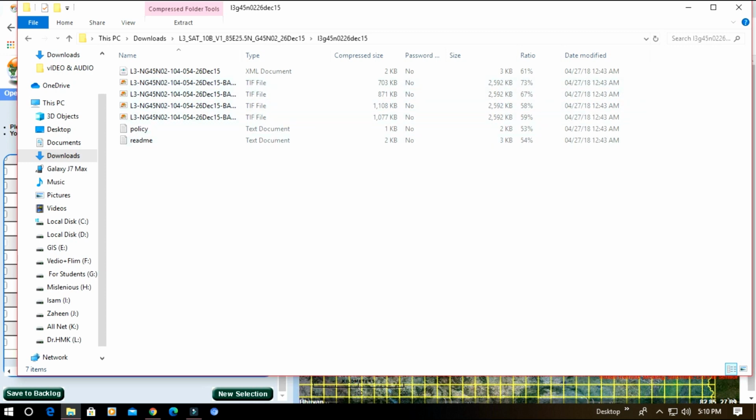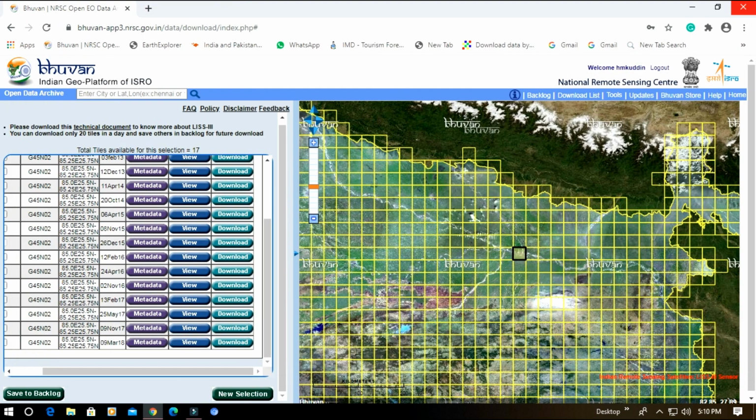In this way, if we know the latitude and longitude of a particular study area, then we can download the satellite image.